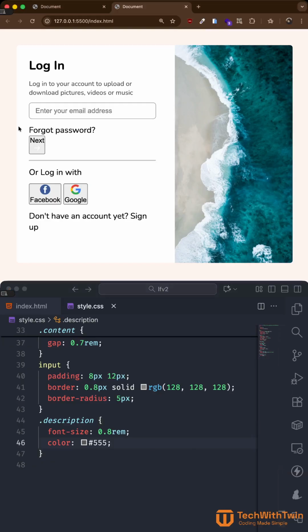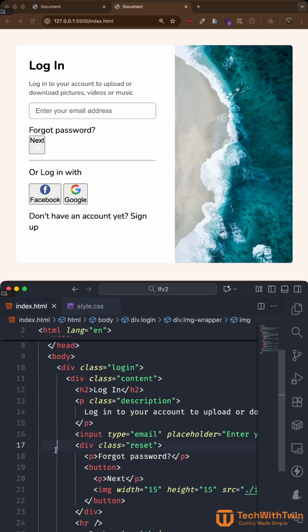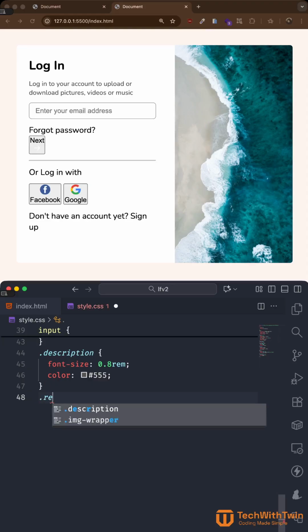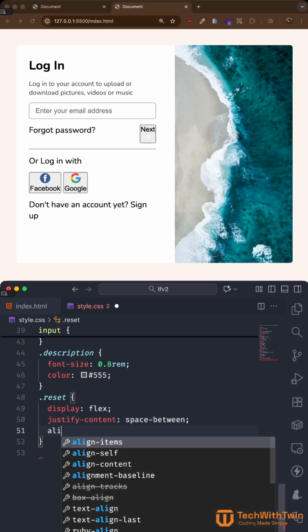So the next thing we need to talk about is this reset section. We give it a class of reset. So let me go and look for it. This is the section. It has 2 elements. It has a password paragraph, forgot password, and a button. So we need to display this flex as well. So we can now do dot reset, we grab it by its class. So dot reset, and then display flex here, justify content, space between. All right, so we can see they are end to end, but they are not aligned in the middle. So we can do align items to the center,